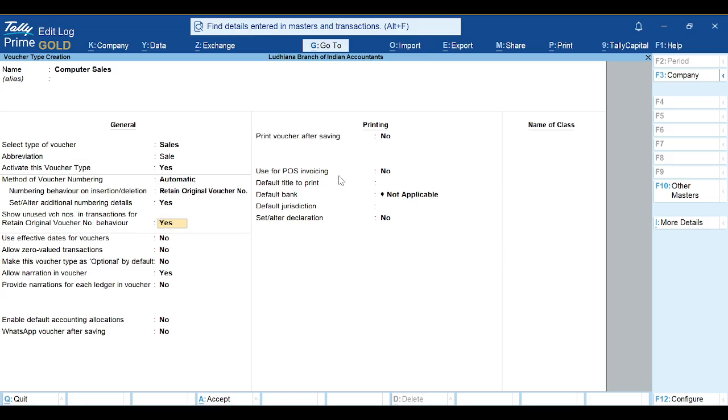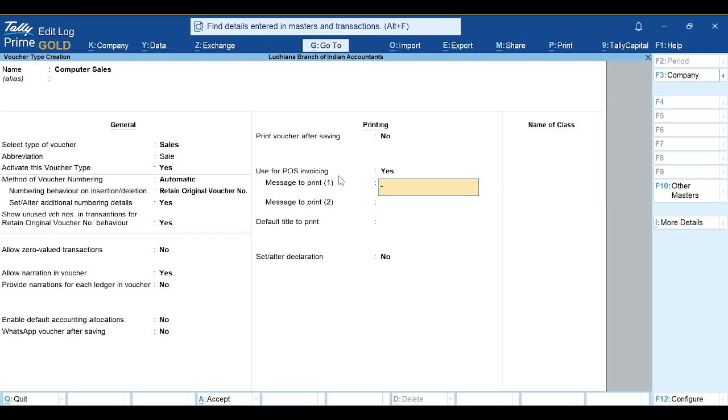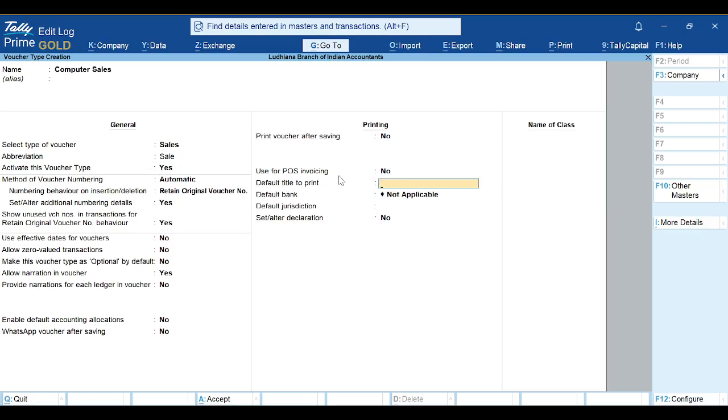Return original invoice on invoice voucher and behavior. Yes, use effective date for voucher. All these are having different usage. Okay, now printing after saving, no means no. If you want to print after saving, then yes, or otherwise no. Use POS, use for POS invoicing, yes. Message to print, if no, then no. Default title to print,